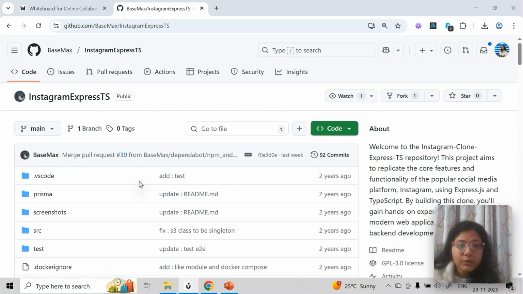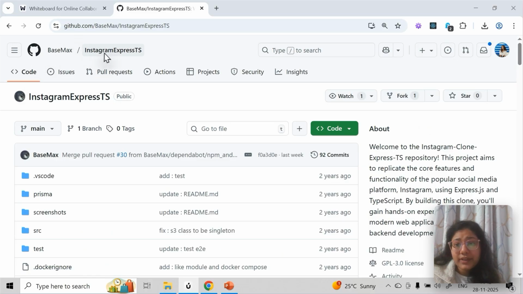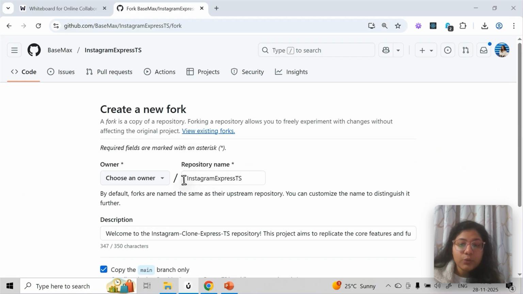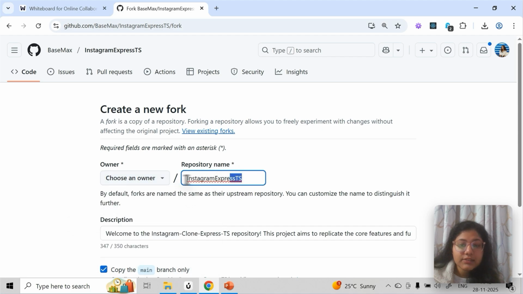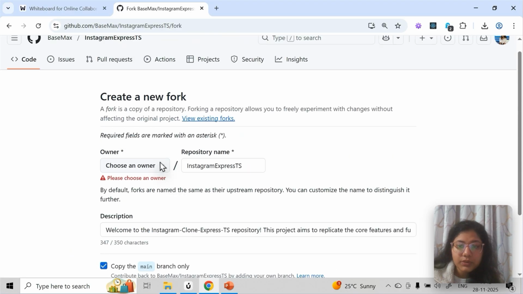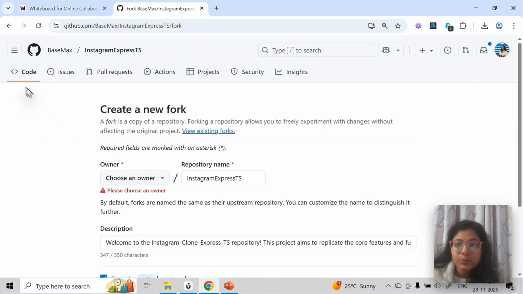So what I'll do, I'll just click on fork. This is someone else's profile and this is someone else's repo. So what fork will do is create that person's GitHub repository copy in mine. Let's keep the same name, and see which branch you want to copy. Okay, I've already forked this earlier, so I won't be able to show you this.